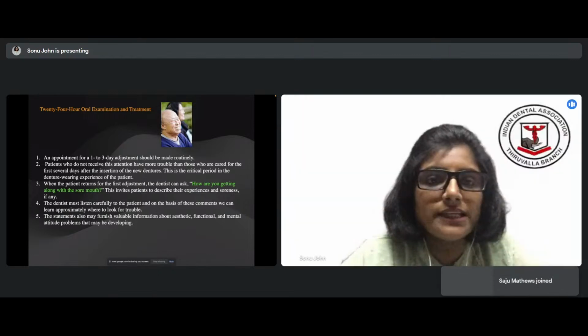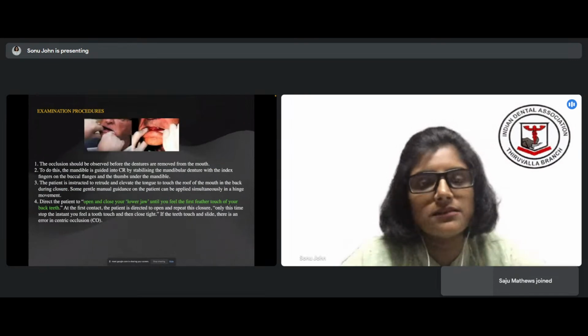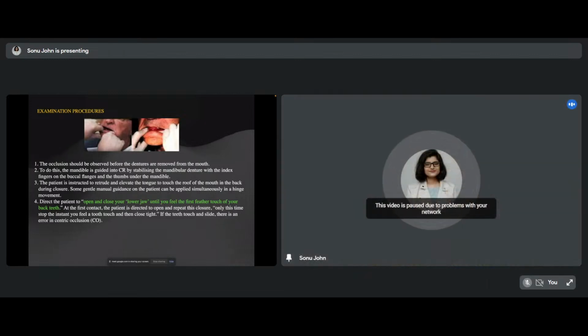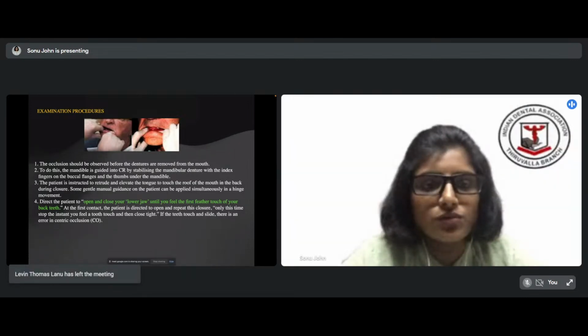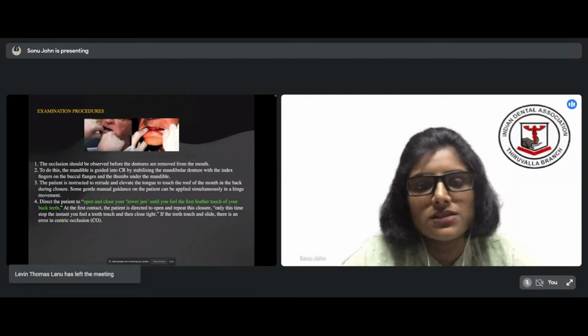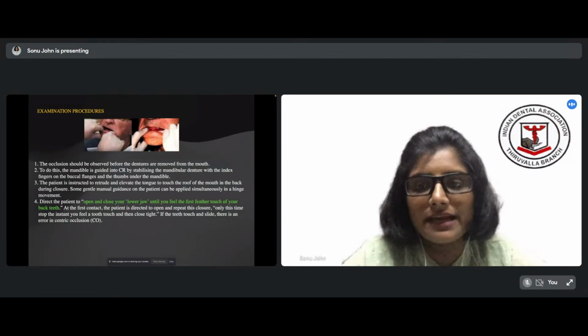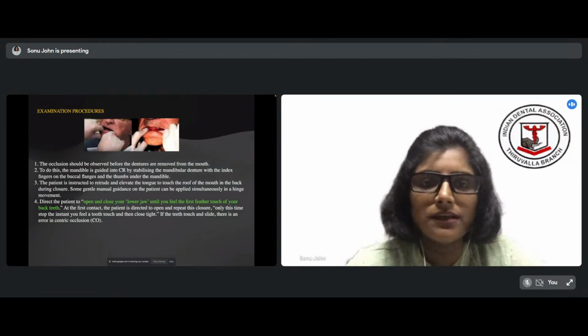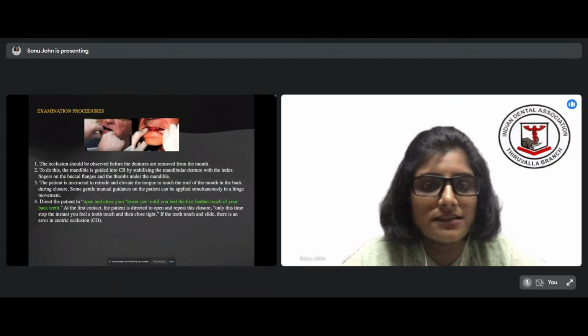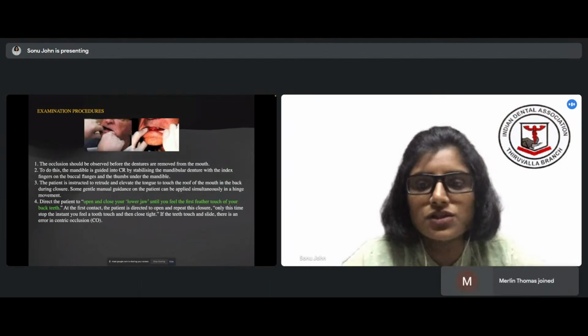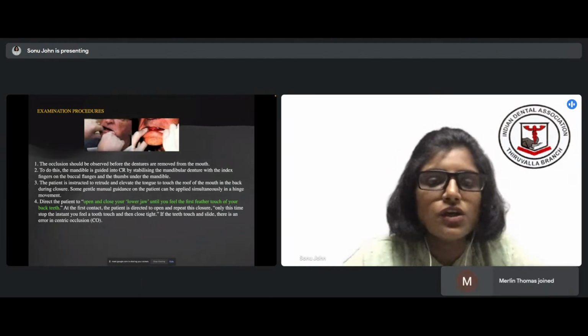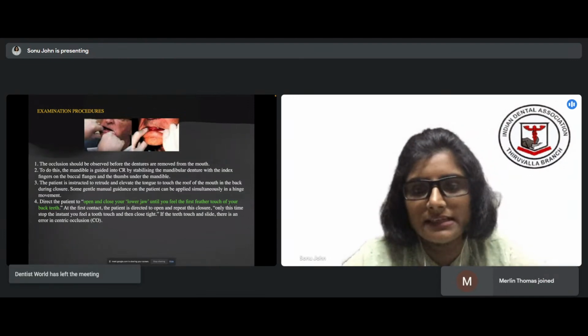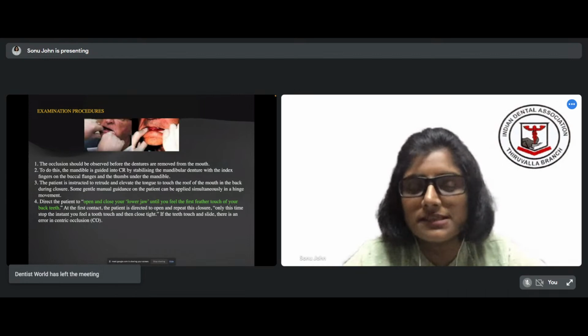So, what is the routine examination procedure that we do after we insert a denture and when the patient comes in for the day 1 to day 3 routine examination? Initially, before you remove the denture from the mouth, examine the occlusion of the patient. To do this, you manually guide the mandible into centric relation by stabilizing the mandibular denture with your index fingers on the buccal flanges and your thumbs under the mandible. The patient is asked to retrude, elevate the tongue, and touch the roof of the mouth at the back during closing. Some amount of manual guidance is given by the dentist so that you simultaneously